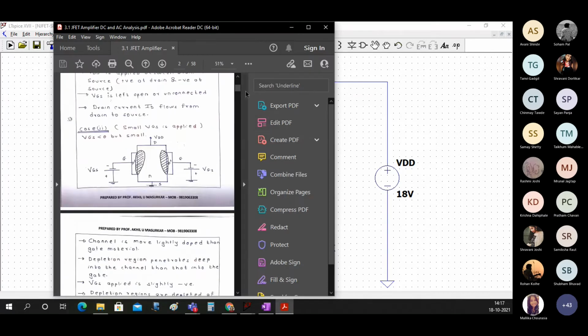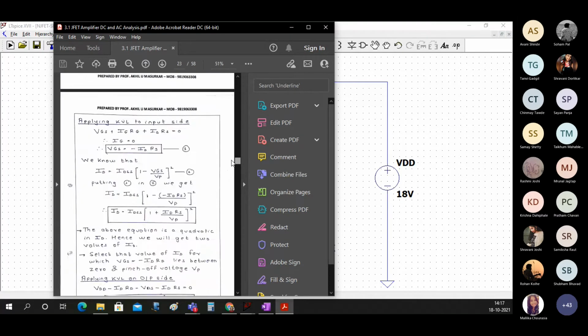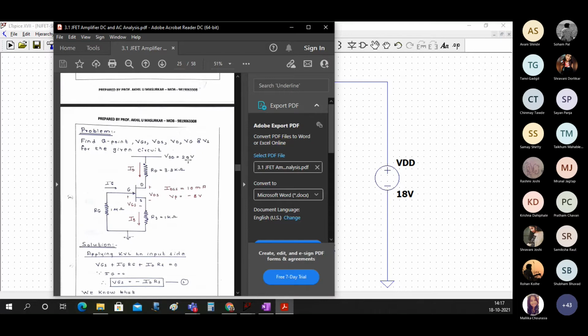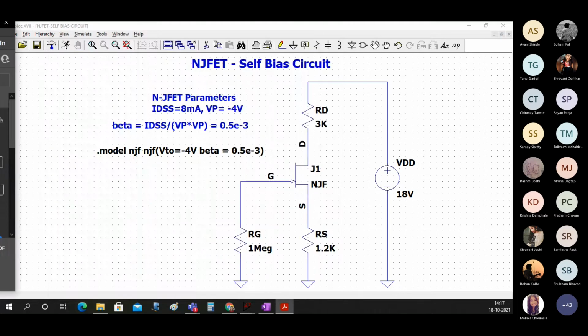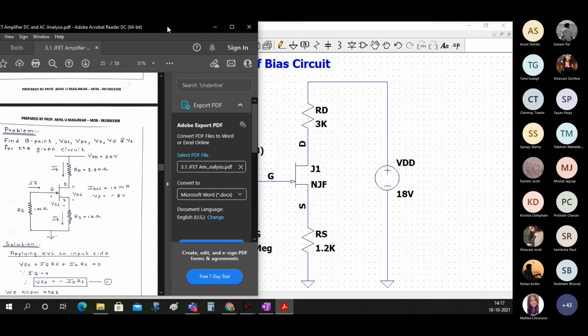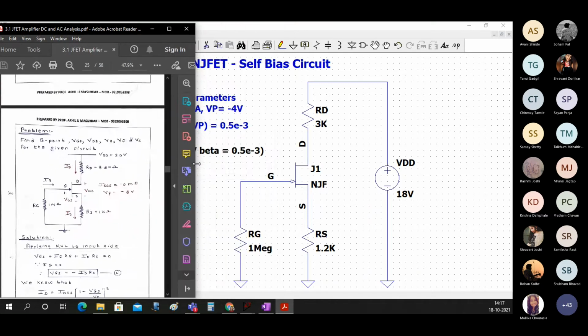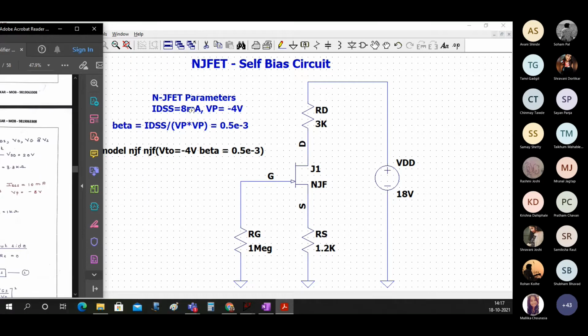What you can also do is pick up a self-bias circuit which I have taught you. In this self-bias circuit, the parameters which are given are 10 and -8, and here we have 1 megohm and 1 kilohm. So we'll just take those parameters.